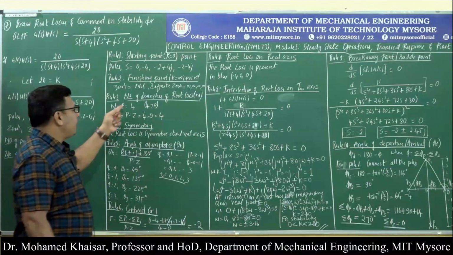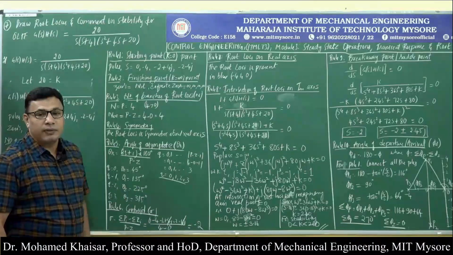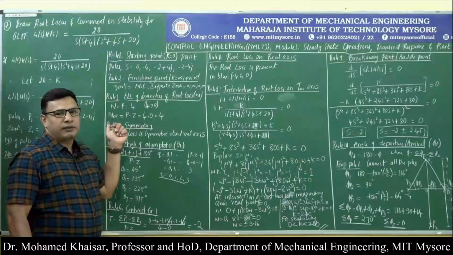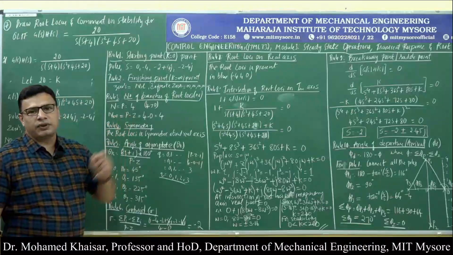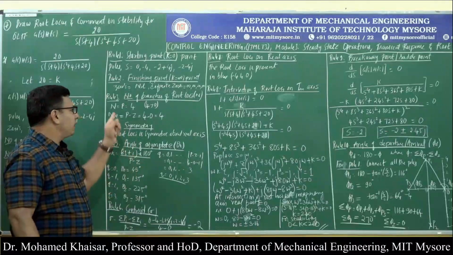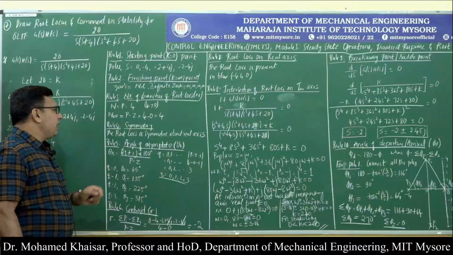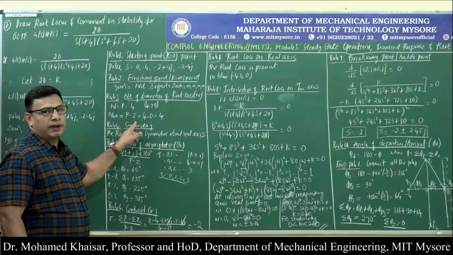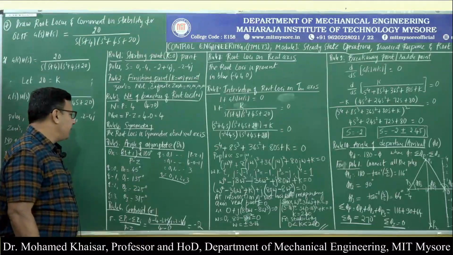Then, rule number 3 is about the number of branches of root loci. As we know, if the number of zeros is greater than the number of poles, then the number of branches of root loci will be equal to the number of zeros. Whereas here the number of poles is 4 and the number of zeros is 0, so the number of poles is greater than the number of zeros. Therefore, the number of branches of root loci will be equal to the number of poles, that is 4. Then the number of branches terminating at infinity is given by the formula P minus Z, that is 4 minus 0. So, all 4 branches are going to terminate at infinity.